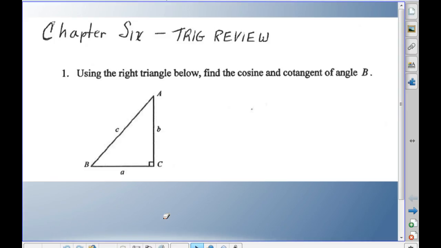All right, we are going to go over the Chapter 6 review packet, just a couple questions. And actually, I'm missing a couple of them on my slides, so I'll have to handwrite them on here. But